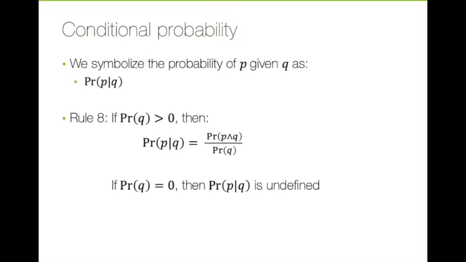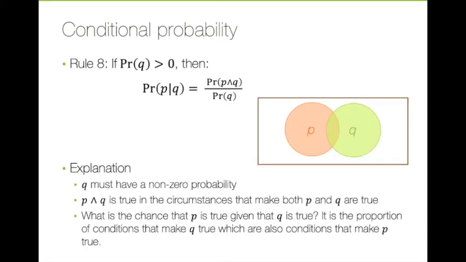Besides, we can't really divide by 0. So the probability of P given Q is undefined if the probability of Q is 0. How can we make further sense of this rule? First, we have to start with our condition sentence Q having a non-zero probability, so that's the only time we